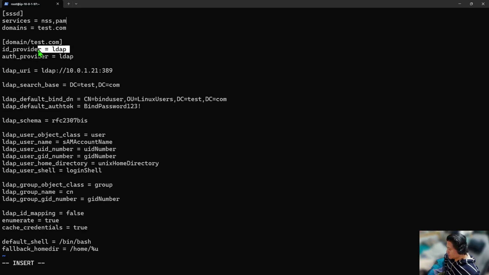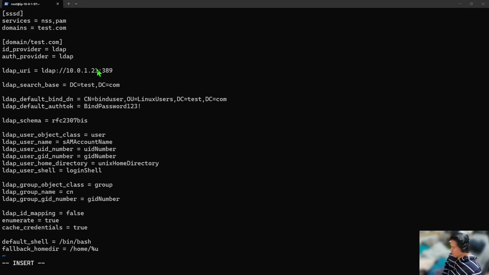So what the first one does is LDAP is going to be looking for IDs like user IDs, group IDs, and anything related to the account. As for auth providers, it's going to look for passwords that are attached to the account, and this defines the URI path. And if you notice, this is our Windows Server IP address, and the LDAP port defaults to 389. This is our LDAP search base. Basically, LDAP is going to look into this domain,